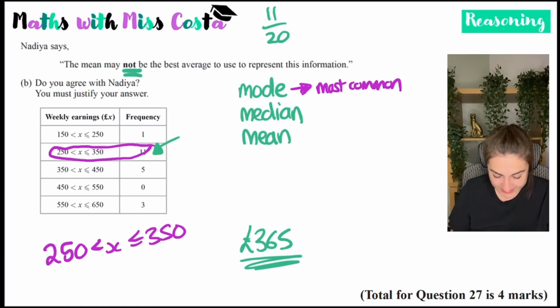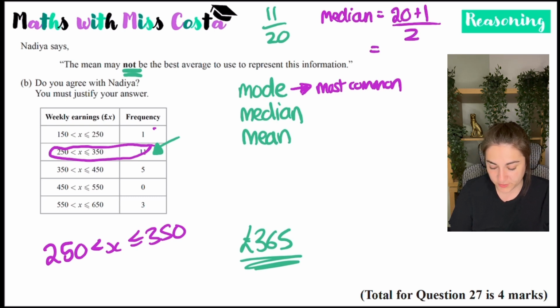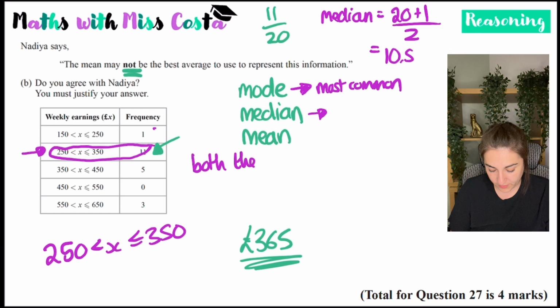So if I use the median, then I've got one person, which is over here. To work out the median, what you do is you have your frequency, which is 20. You add 1 and then you divide by 2. So 21 divided by 2 is 10.5. So the 10.5 value would tell you the median. And the 10.5 value would land in this interval here. So both the mode and the median